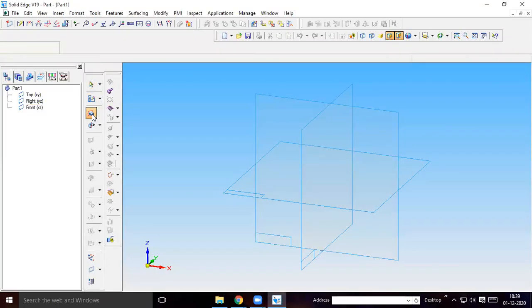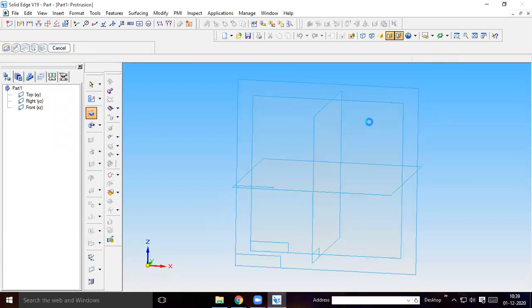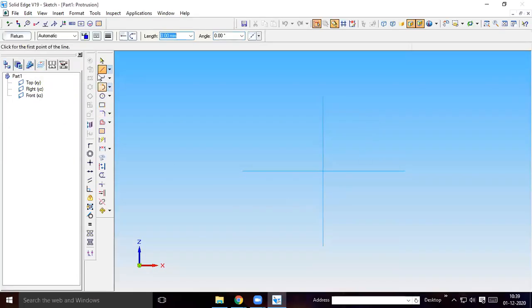I will take normal protrusion by selecting the front plane. I will start the drawing here. I have already taken it, so you can start from here. First you draw a 45 mm line at 90, then a 10 mm line at 90, then a 10 mm line at 0 degree, then 18 mm at 90.